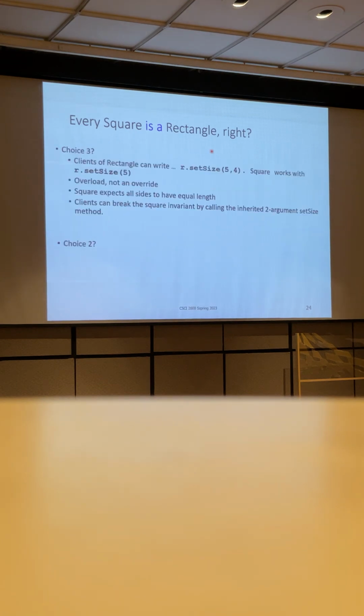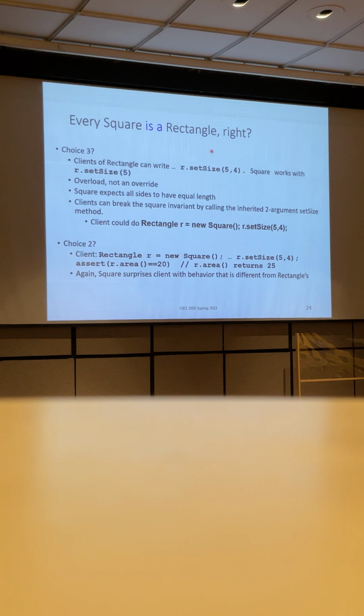All right, so choice number 3, no good. Choice number 2, again, no good. And here's an example where we almost got it with choice number 2, right? Because we're not getting any weird exceptions. We are very close to accomplishing our substitutability, but alas, no luck,